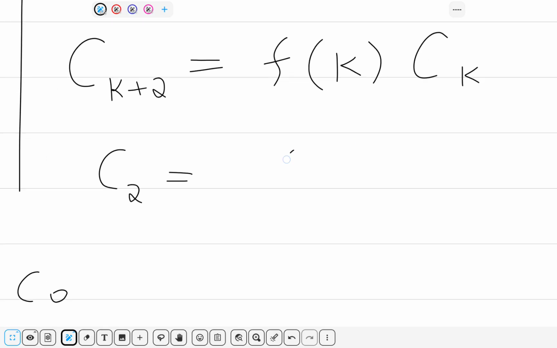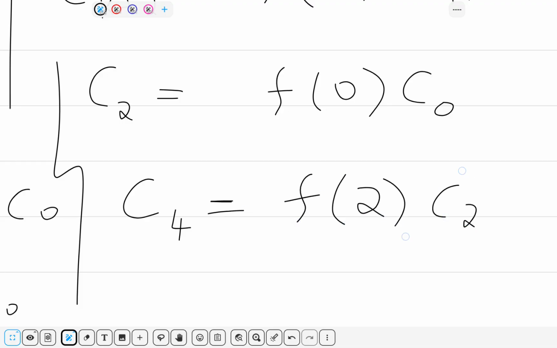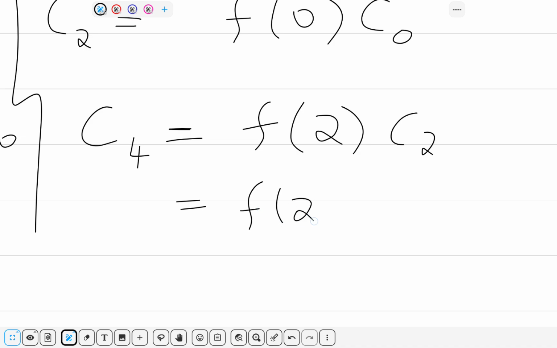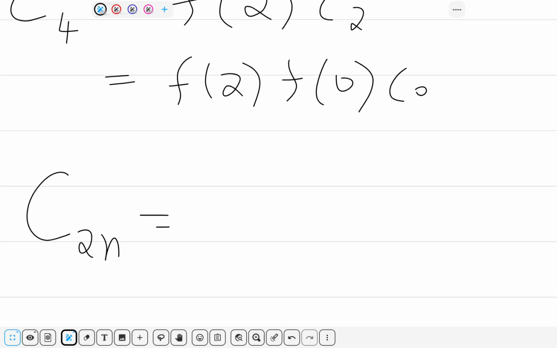So initially this will be the case, and then I can immediately say what C4 should be. So I can conclude that for the even numbers, the nth even coefficient will actually be